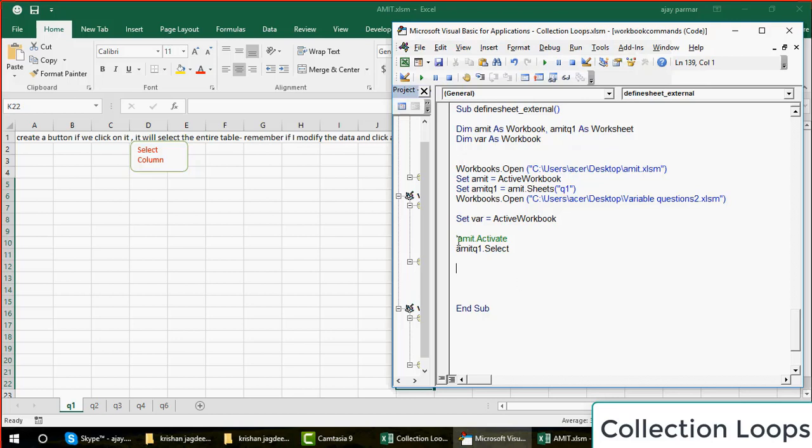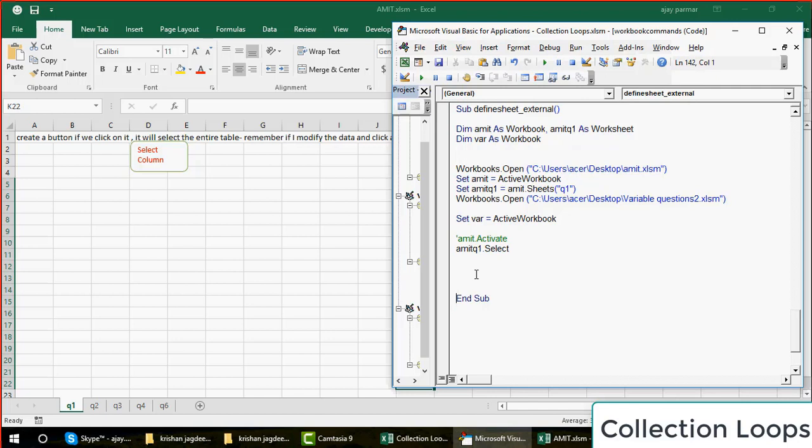If you want to change the window, obviously, you can write Amit.activate as well. So the point I'm trying to make is, by simply sitting on one window, you can control the other windows also by declaring the object for that. This covers your worksheet and workbook commands as well as how to define them using the set word.